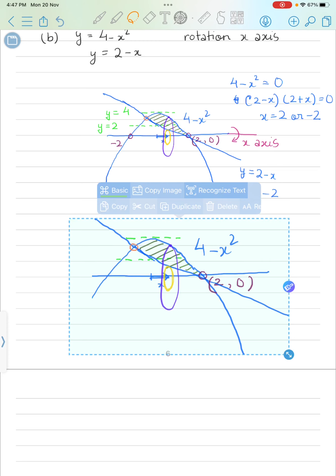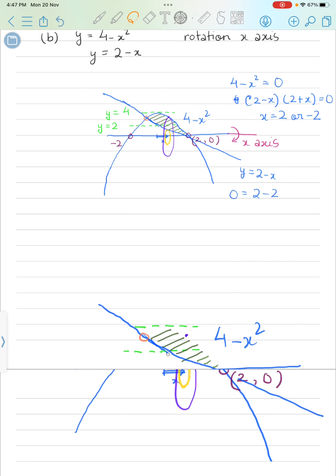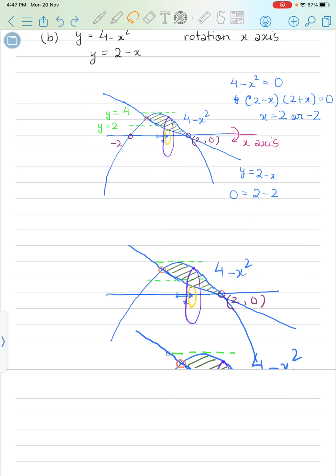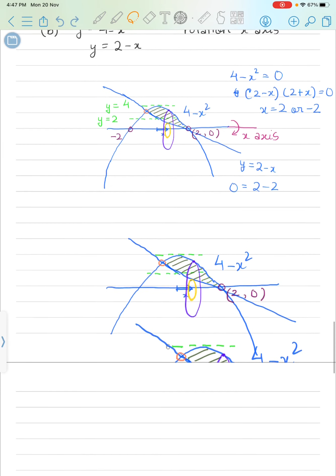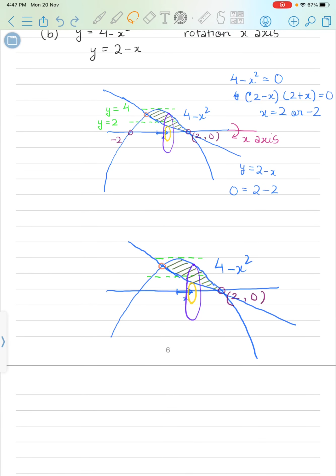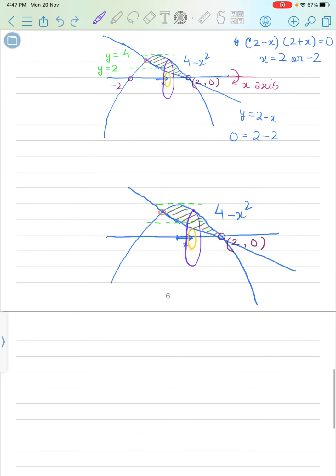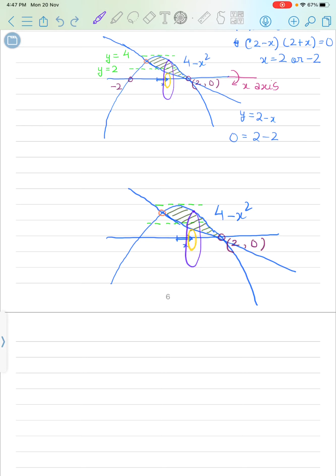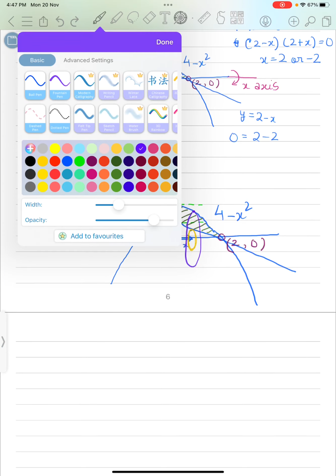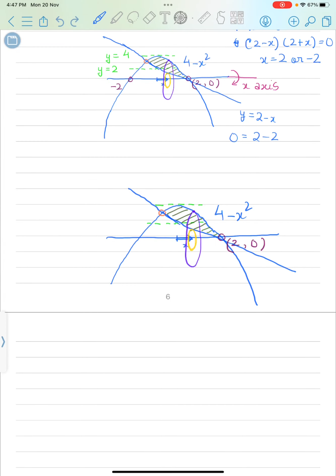So now, yeah, now see this. So what I am saying is, this yellow one,